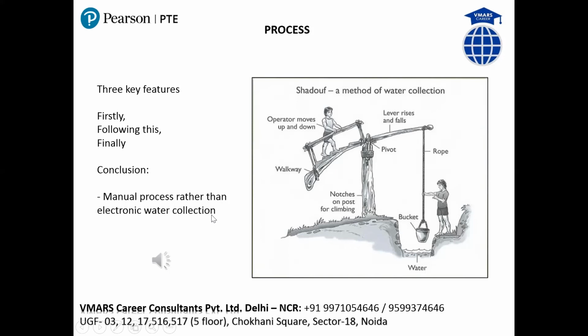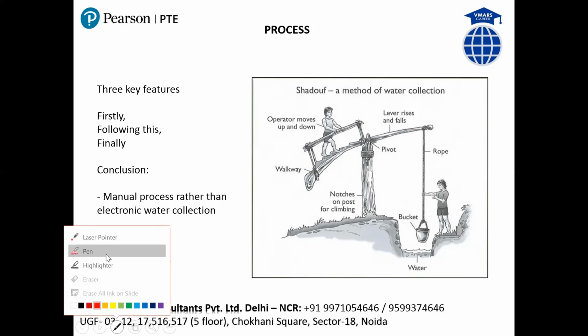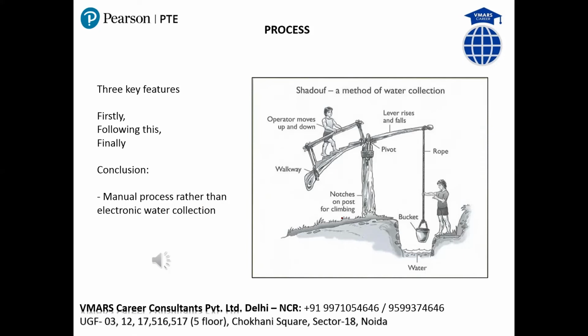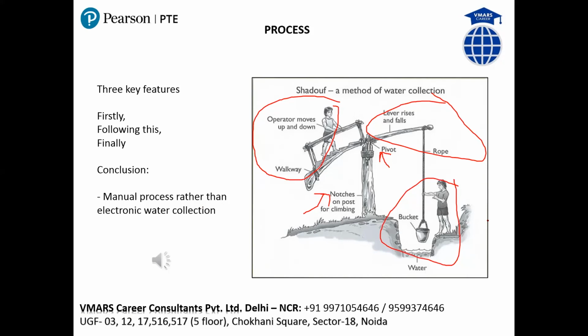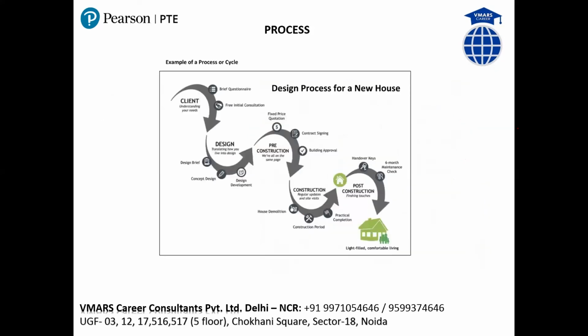So it's a complete manual process without any electronic interference. So now I want to make you understand. Let's say you get a process जिसमें बहुत सारे steps लिखे हैं. I want you to understand. I never mentioned this. मैंने इसका mention नहीं करा. I have not even mentioned it because I just categorized it in 3 parts, which is one is this, the other one is this, and the third one is this. So these are the 3 parts which I categorized. I didn't notice it, and please do not even think about it. जो चीज आपको easily समझ में आ रही है, make a script of it and just explain this. Okay, quickly let's try doing this.